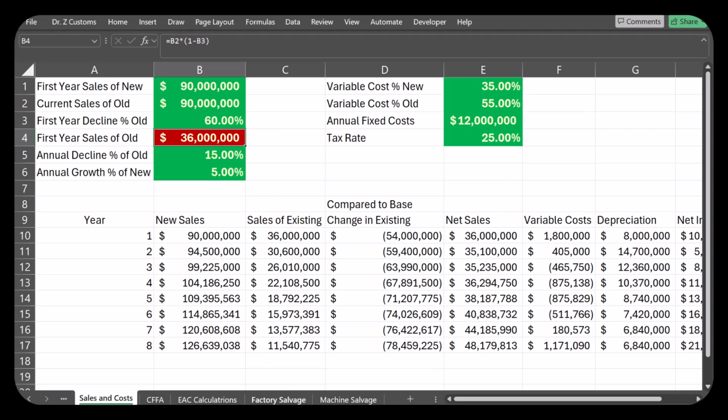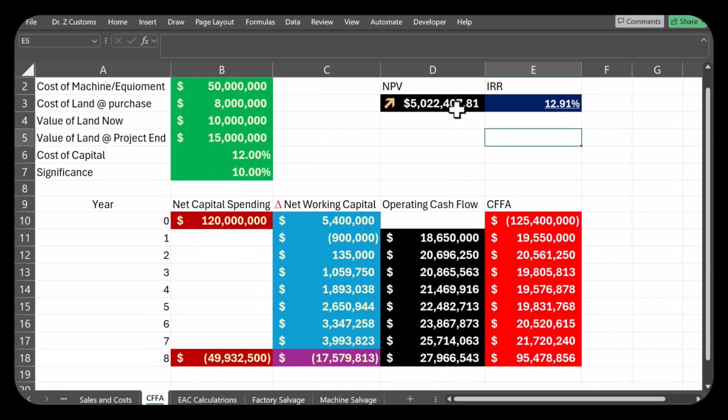It actually gives me only $5 million of NPV, and that's in the yellow zone. So if things go bad, the NPV may even turn out to be negative, right? But next year, I need to make a decision. I could either stay with the project, let it run its course, or decide maybe I'm better off to close the